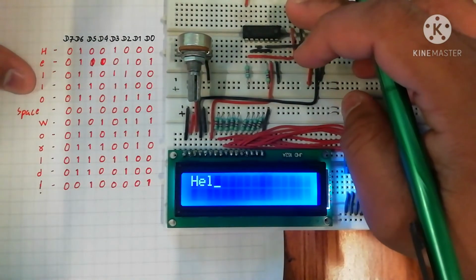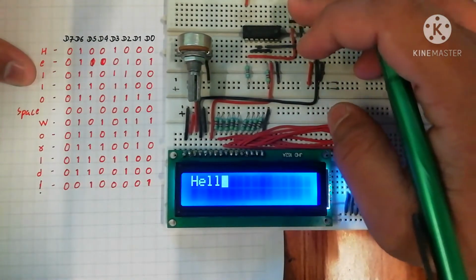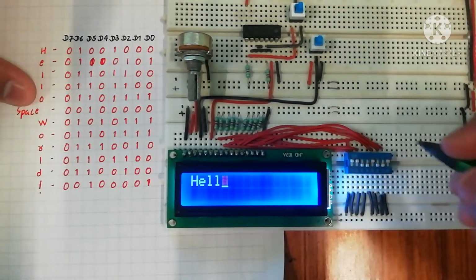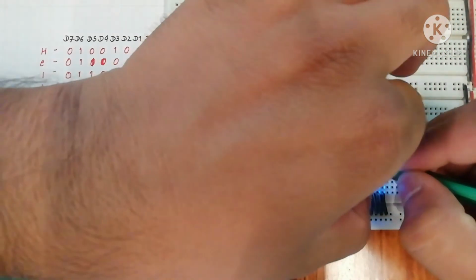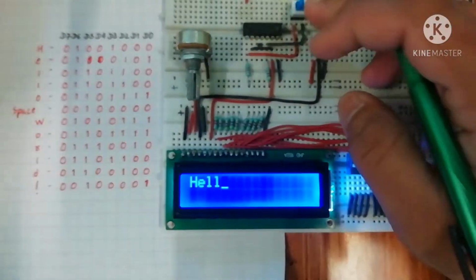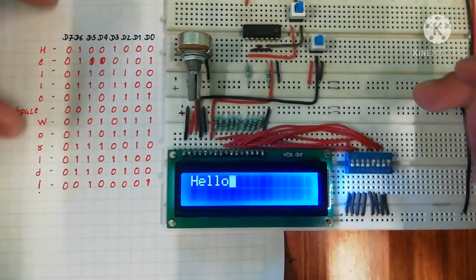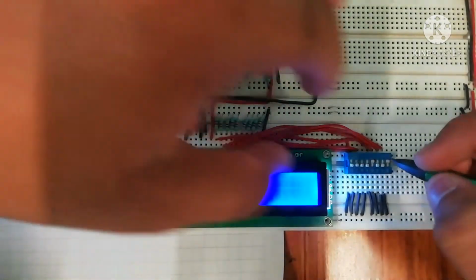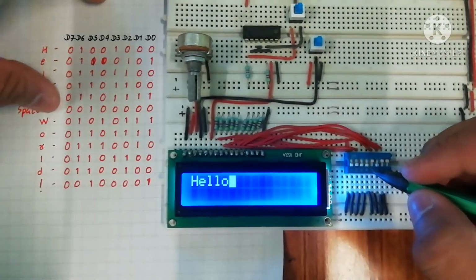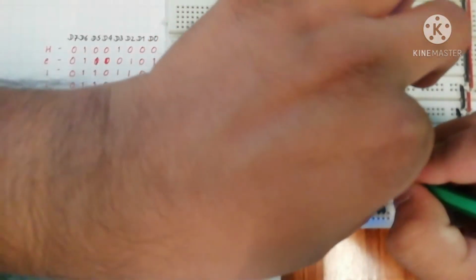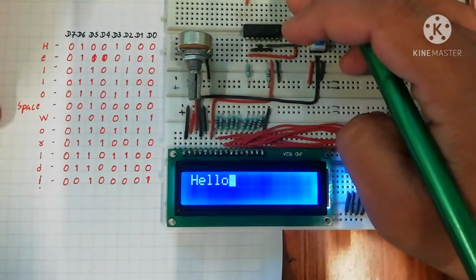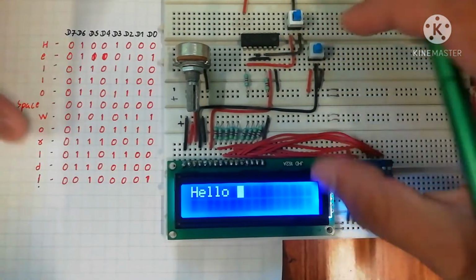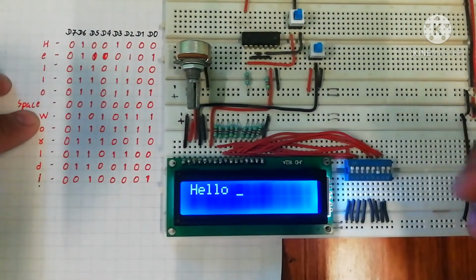L is 2 times, so again pressing the enable key. Now for O, now for space, now for capital W,